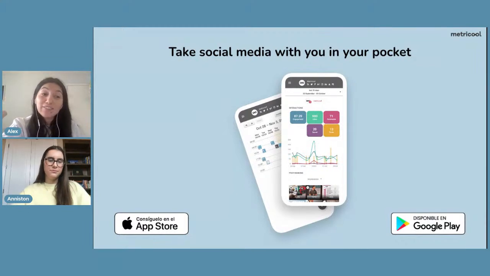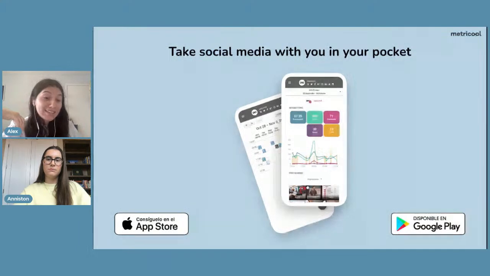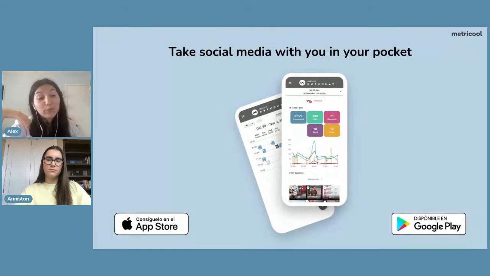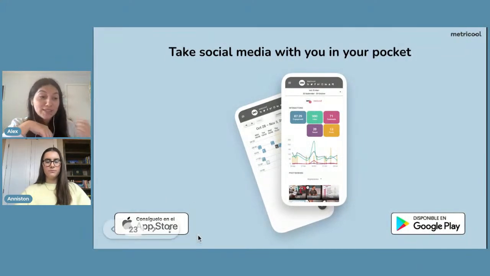And we also have it available on our mobile app. So if you want to go ahead and download that, if you haven't already, we do have it on the App Store and Google Play. And our inbox is available on there and it is free. So if you don't happen to be in front of your computer, or say you're traveling and you need to answer something on the go, it's really nice. You just whip out your phone, answer your comments or DMs, and you're good to go.